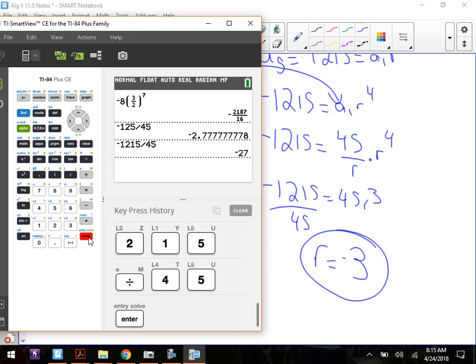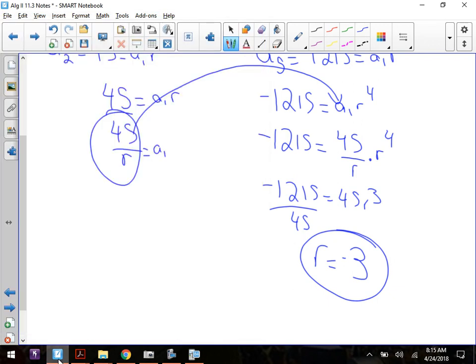If my rate value is negative 3, what do I do then to find my first term? Very good, Sarah. I take it back here, and I get 45 divided by negative 3, and I get negative 15. So this works out to be basically a substitution problem twice. And then you can write out your rule. The nth rule is